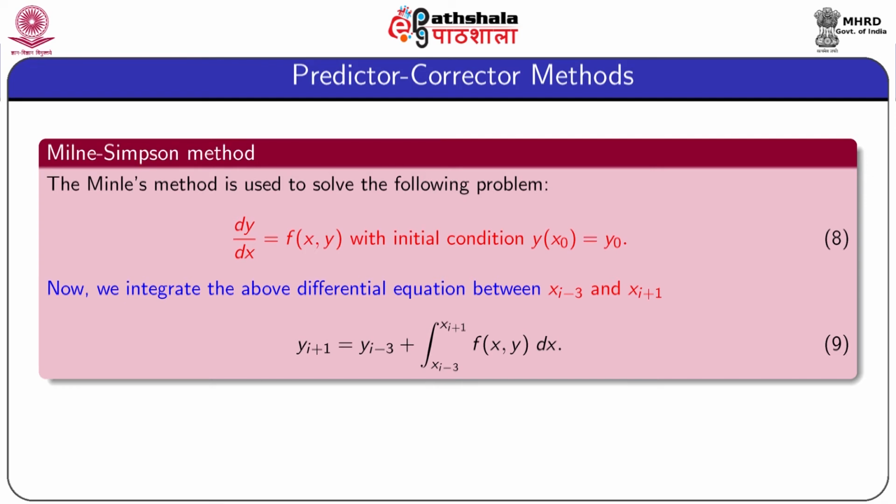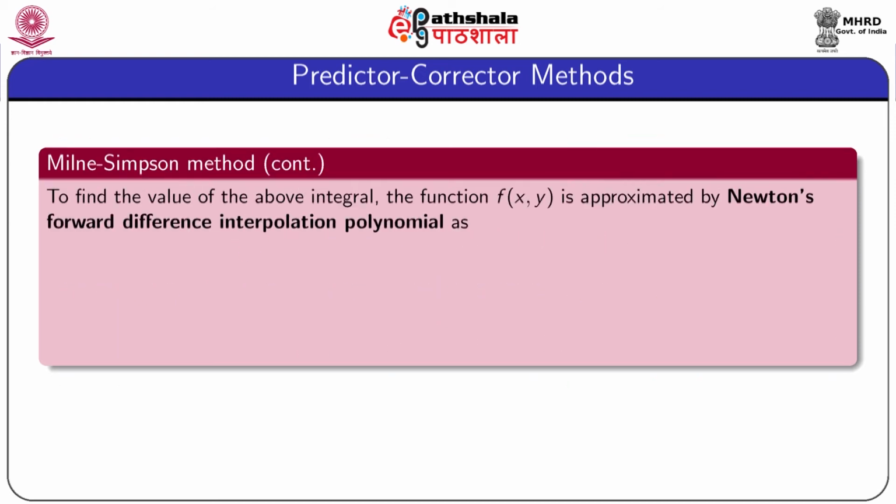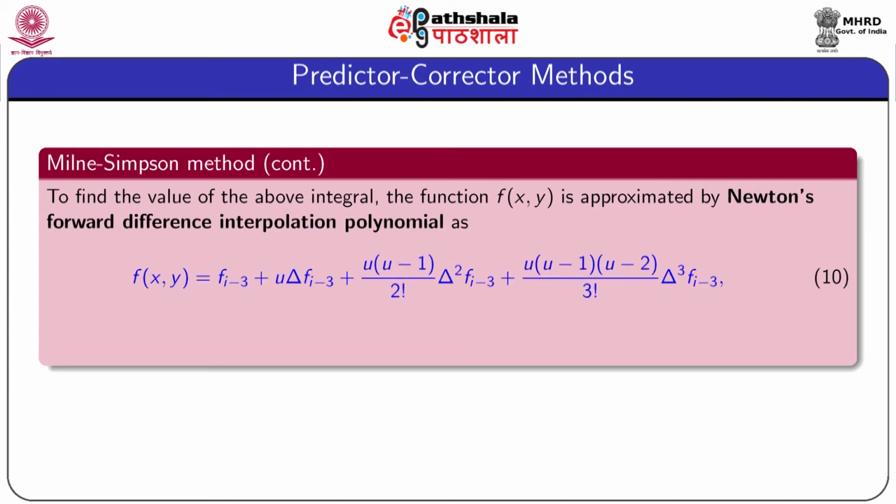So to integrate the second term, we replace the function f(x, y) by approximating this expression with the help of Newton's forward interpolating polynomial. That means the function f(x, y) is approximated by Newton's forward difference interpolation polynomial